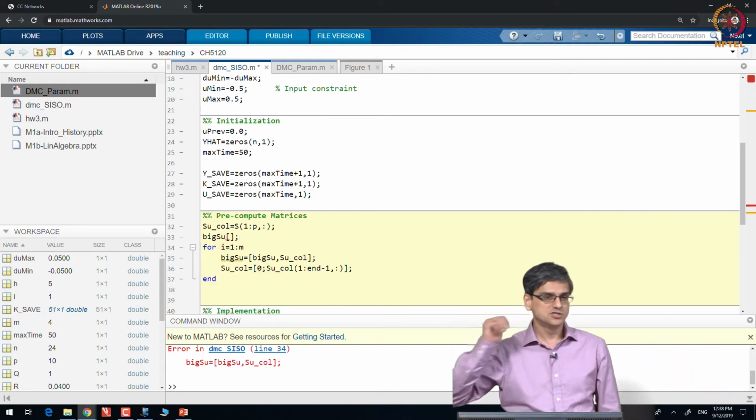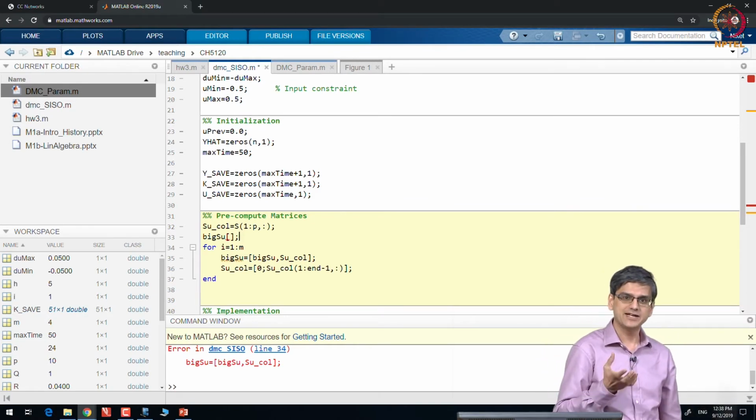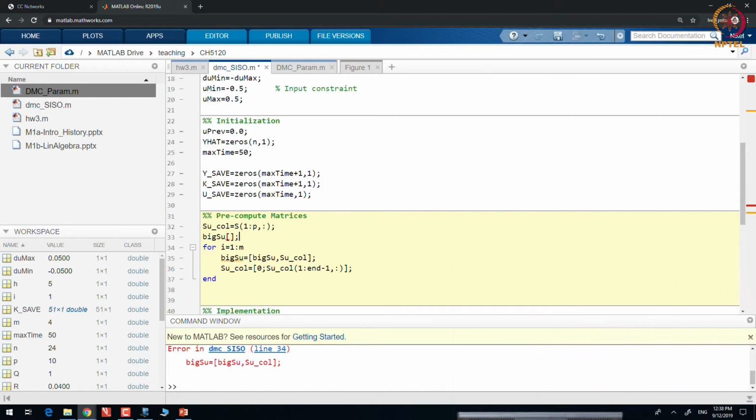Okay, so just one more point over here. When I am writing proper codes, not explaining things to you, I actually won't write codes like this. The reason is because the way MATLAB works, every time I add more and more columns to it, it reallocates storage space.